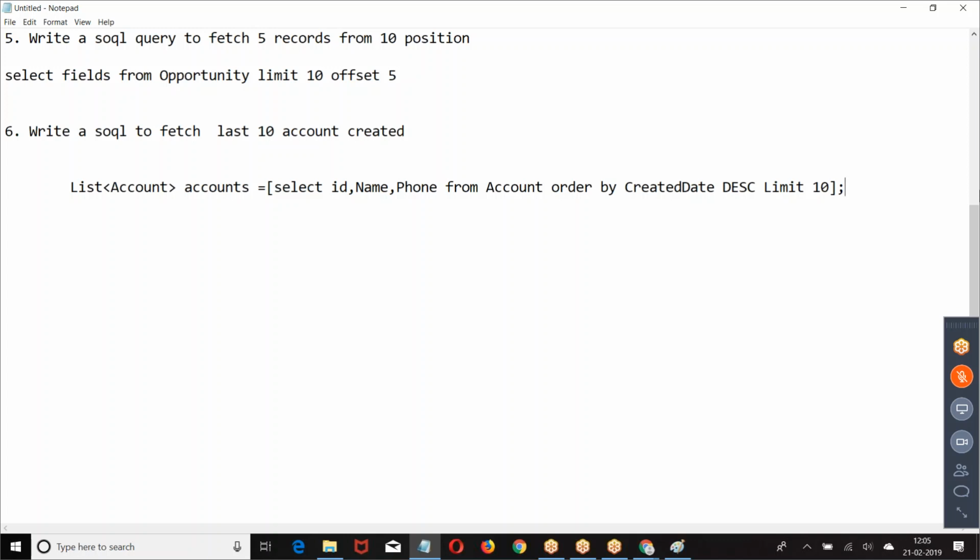What is the SOQL query to fetch last 10 account records which are created? Recently modified. What is the SOQL to fetch last 10 recently modified records.